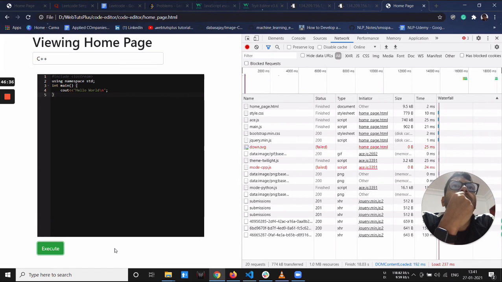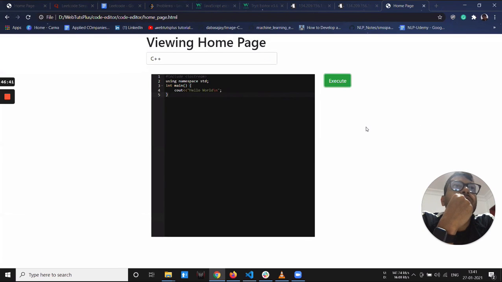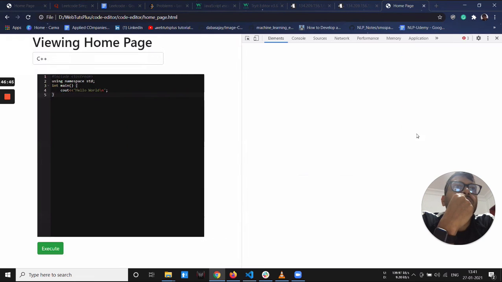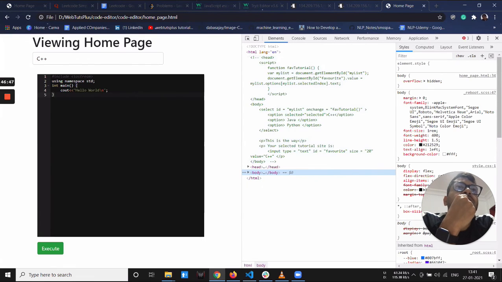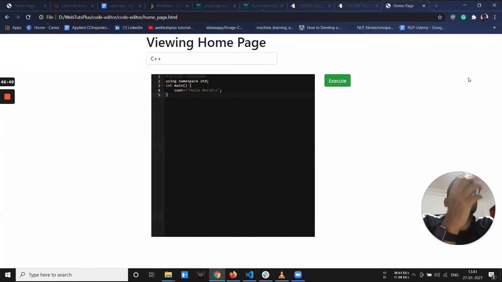It's working. I cannot see the output. Can you close the console? Output is not showing, but the response is 200. So there is some error in the code. I think you can debug it yourself. It is not a problem. You know how to solve it.